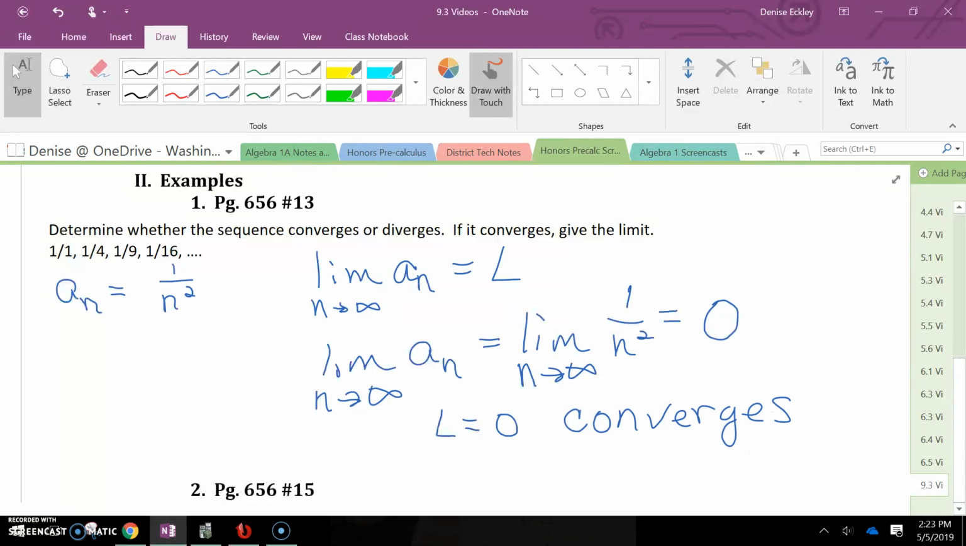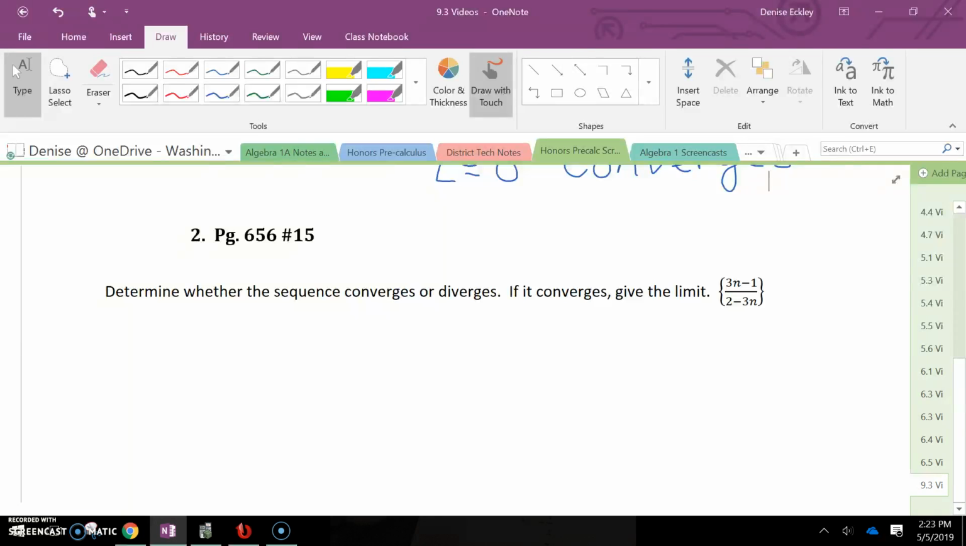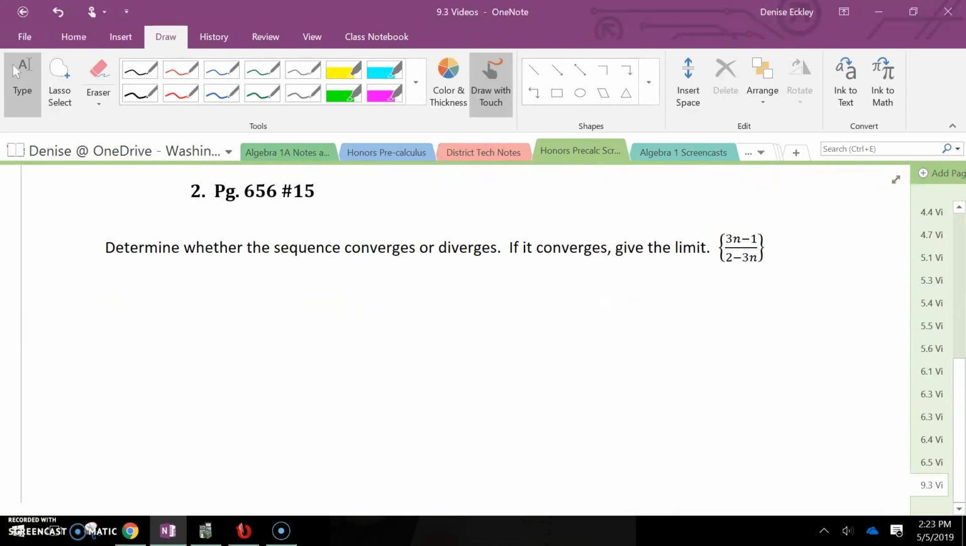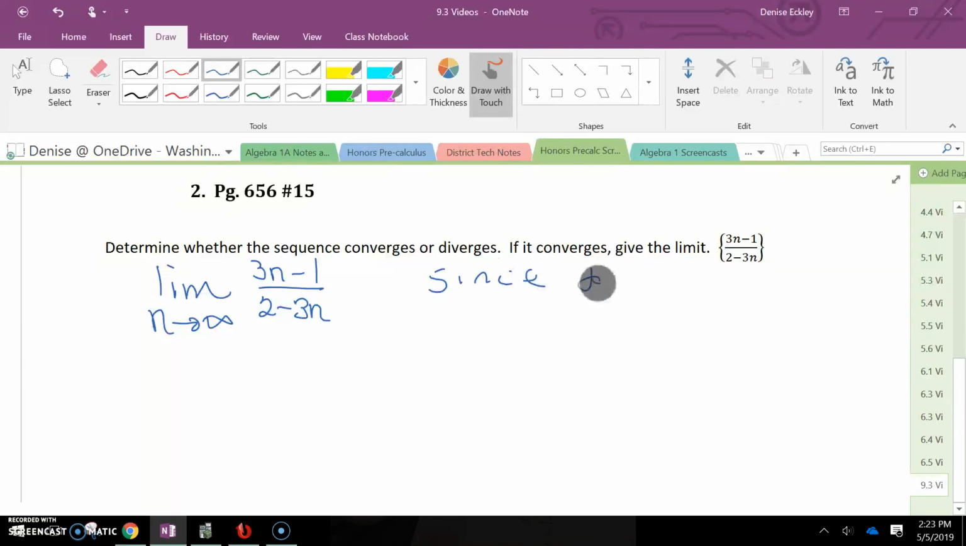So now in the next example, we're given an explicit formula. So again, what we want to find out is, does the limit as n approaches infinity of 3n minus 1 over 2 minus 3n converge? And if this limit exists. So since the degree of the numerator and the denominator are the same,